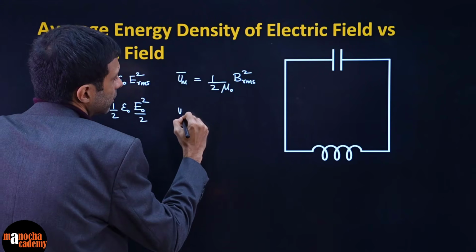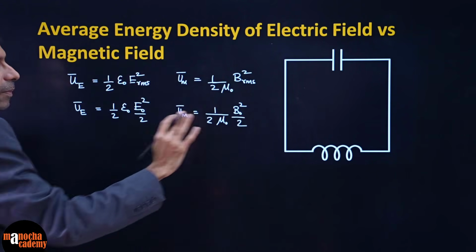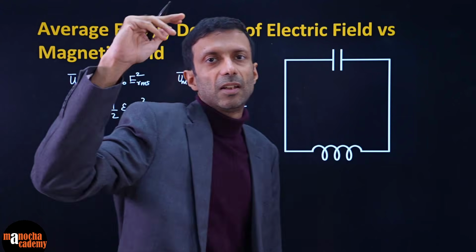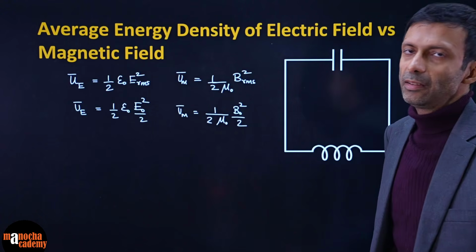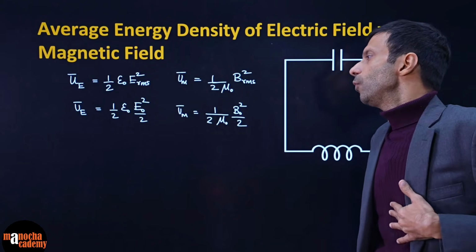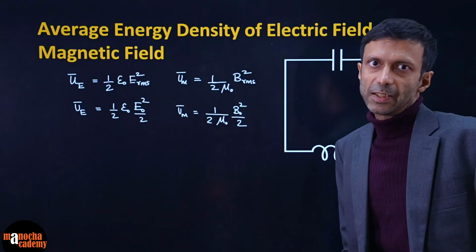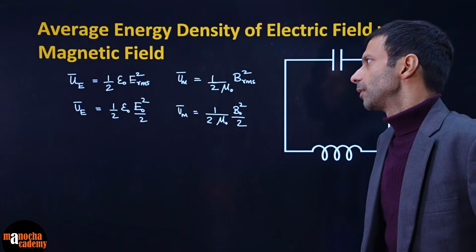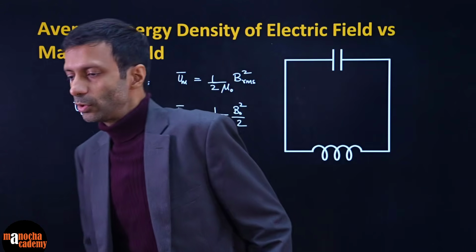Same thing here. Okay, by 2. I've just replaced the definition of RMS, the highest maximum value divided by root 2. So we have squared it. Got it? Now we have to check the relation between these guys. Can you tell me what the relation between these two fellows is?